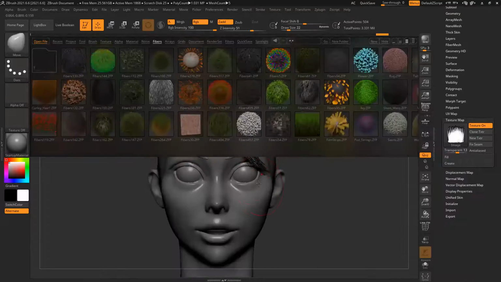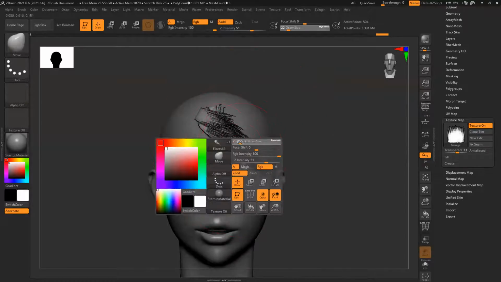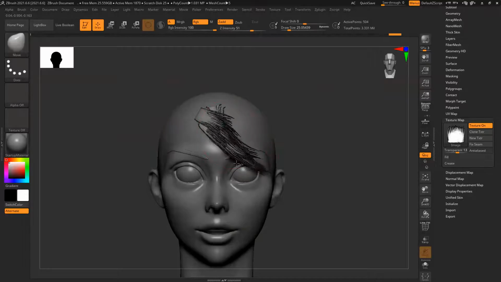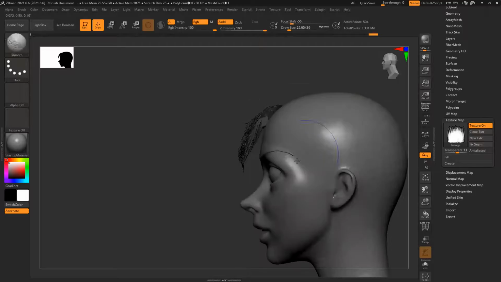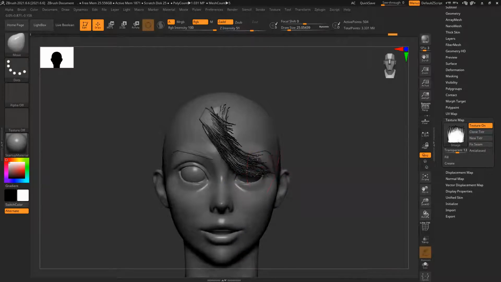BMP, still BMP, placement is not accurate, so I'll move it. Basically, use a combination of groom brushes plus these move brushes.